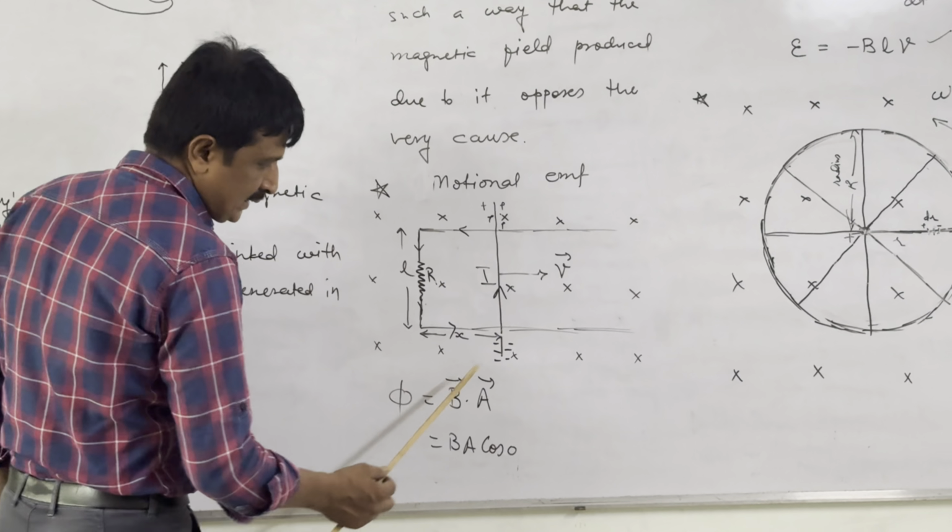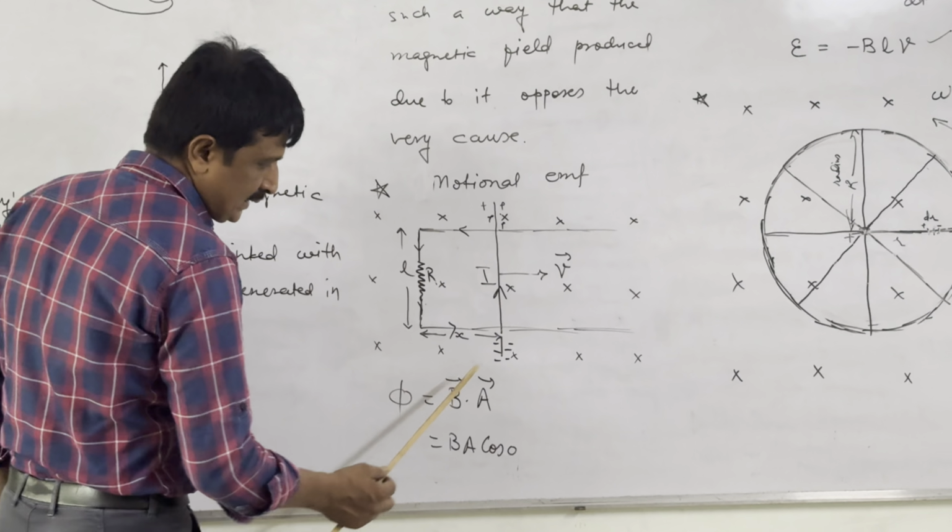So EMF is the negative of the time rate of change of magnetic flux, minus d phi by dt. So minus d by dt of BLx. BL is constant, so dx by dt. The rate of change of x is nothing but the velocity of this rod. So EMF is given by minus BLV. Here V, B and L are all mutually perpendicular. Using this formula,